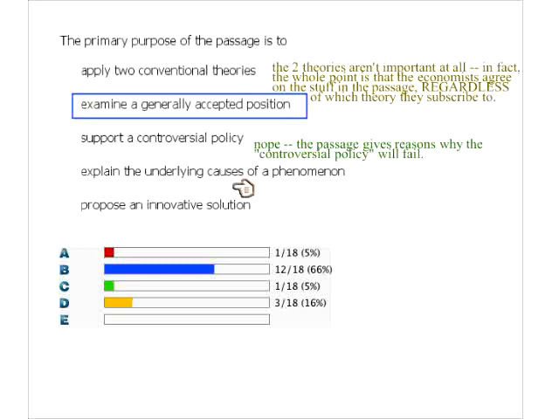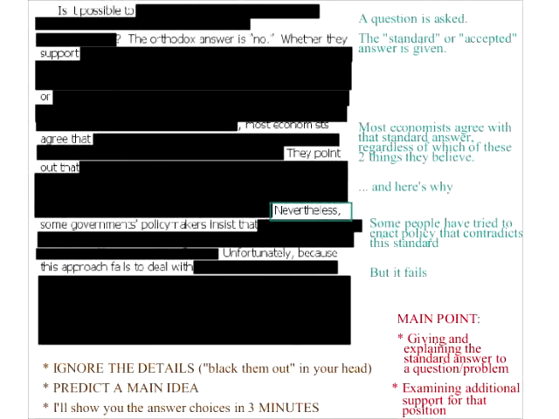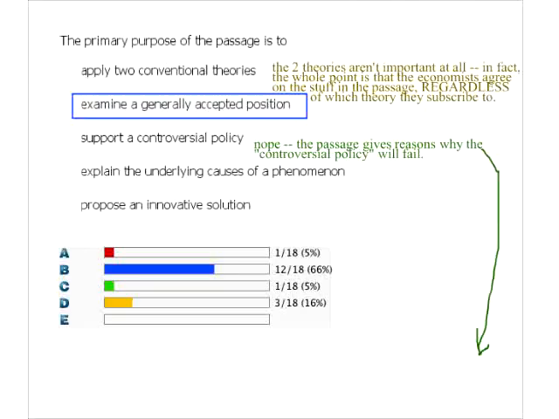Also, again, I'm telling you guys, let me write this down here. If they don't talk about something until the second half of the passage, it is not the main idea. Like, notice the controversial policy doesn't get mentioned until all the way down here. So that's like 60 or 70% of the way through the passage. You will never have a passage whose main idea is not mentioned until the end. It will never happen, I promise you. So you can use this as an elimination criterion.